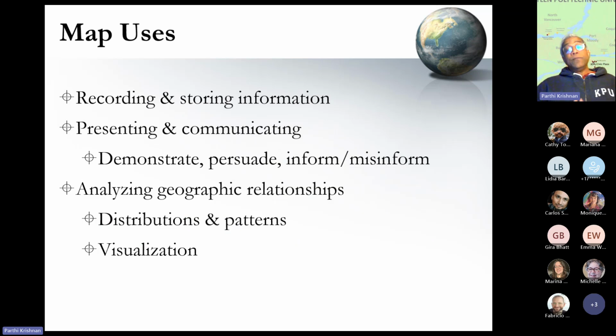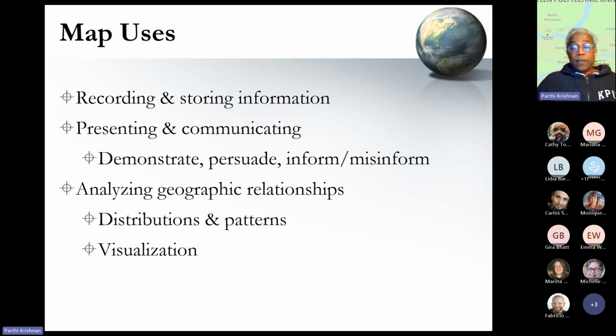So maps are excellent for recording and storing information. In fact, one of the earliest uses of the map was for cadastre or property maps. The early Egyptian kingdoms actually employed inspectors to survey the land for taxation purposes. So this was one of the ways that they raised money so that they could build big monuments like the pyramids. So maps become important legal documents as well. And this is why oftentimes when you're dealing with property issues, maps become the de facto records or information stores through which we can identify who owns what land.